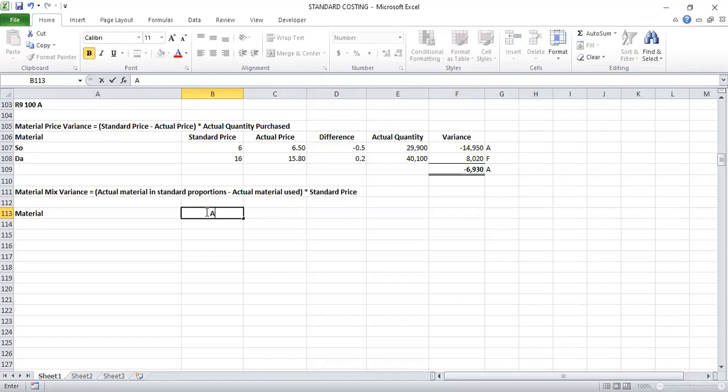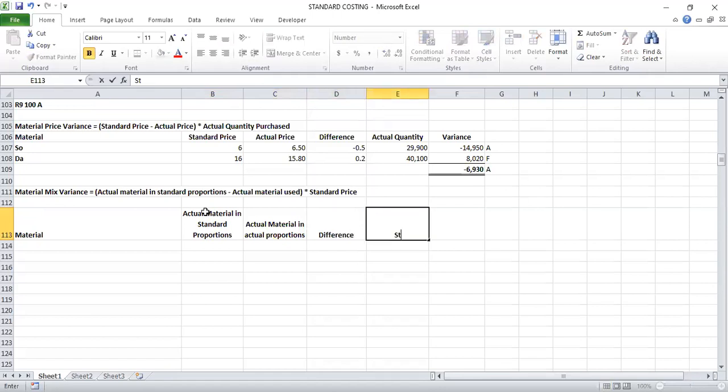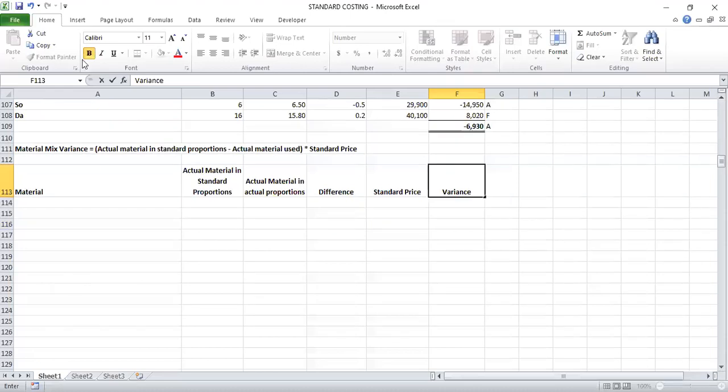We'll have our actual material in standard proportions. Then we'll have actual material in actual proportions. Difference. Standard price. Variance. Right. Now let me just calculate our actual